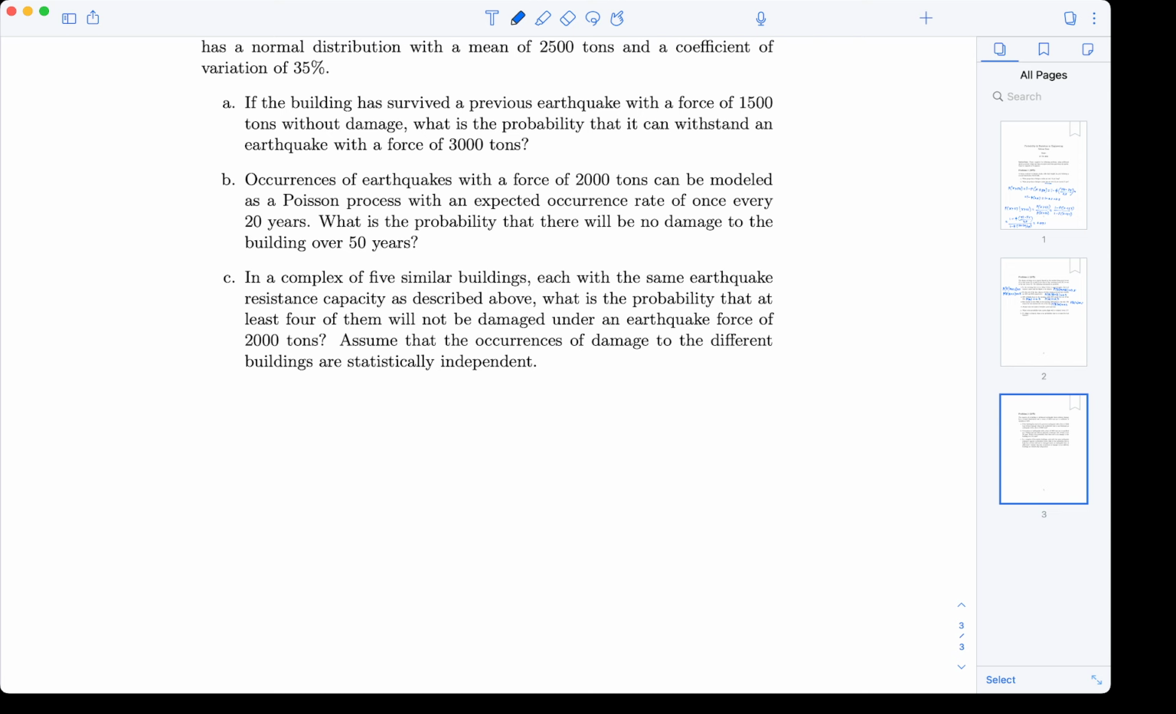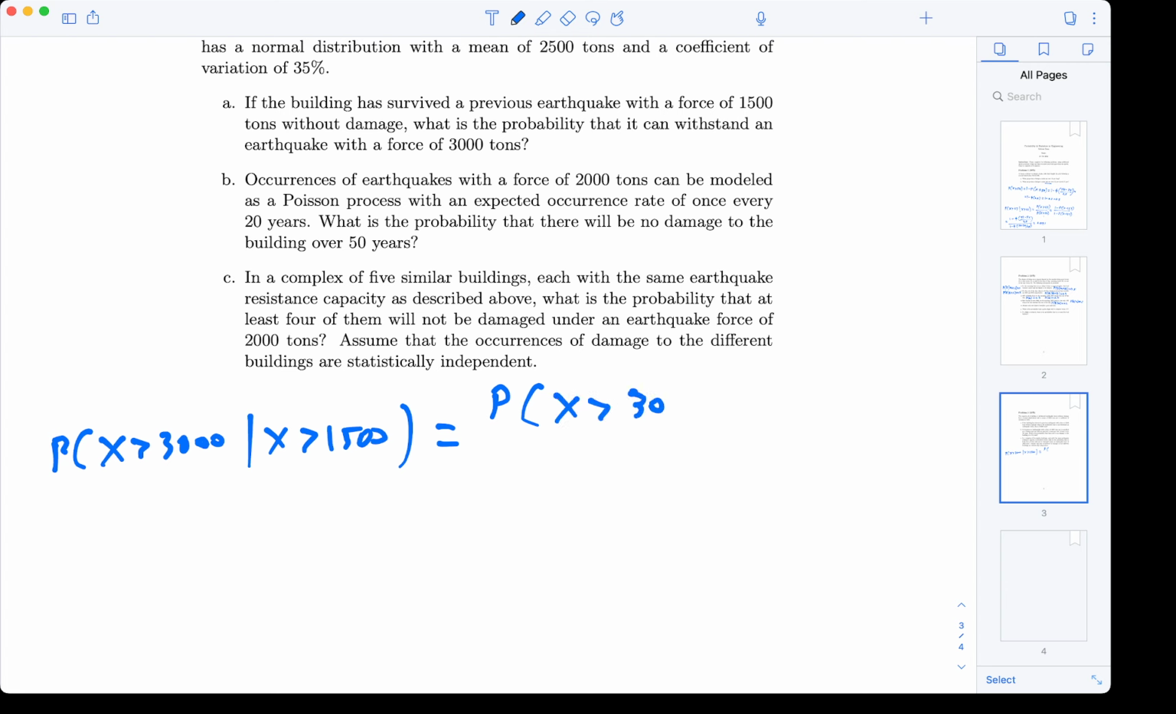Let's go over here. We're looking for the conditional probability because it does say that it has withstood an earthquake of 1,500. So we're looking for the probability of being greater than 3,000 given that it's greater than 1,500. By the definition, we have the intersection between greater than 3,000 and greater than 1,500, which translates to 3,000 divided by,